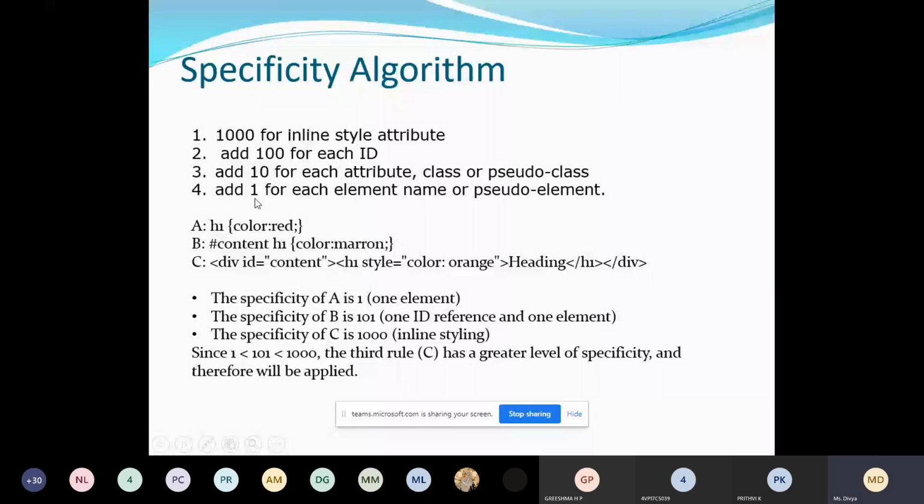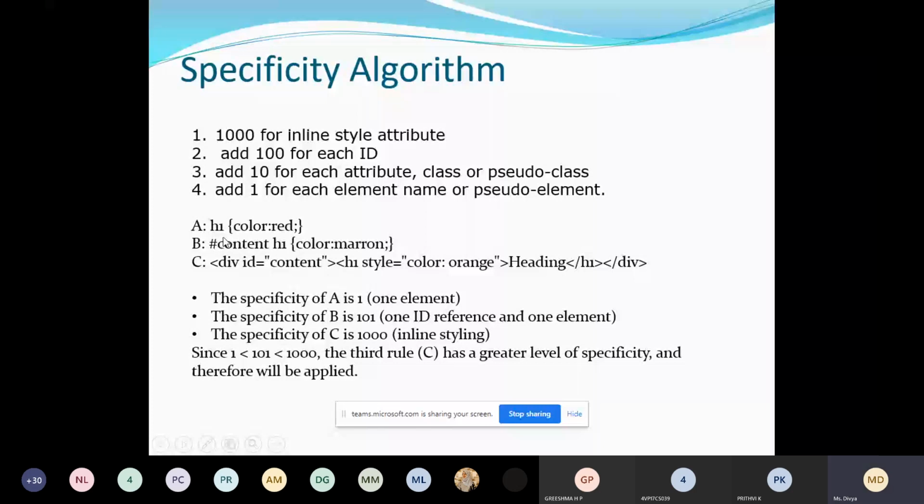Now look at this example. I have a simple document. In this example, H1 with the color red. What type of selector is this?